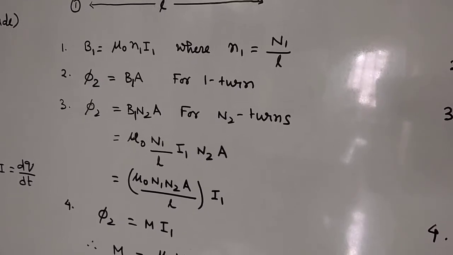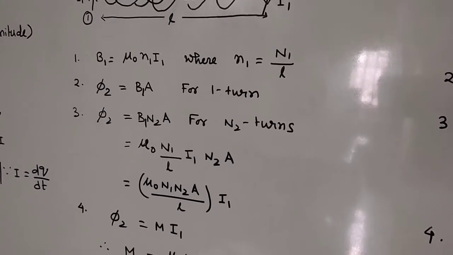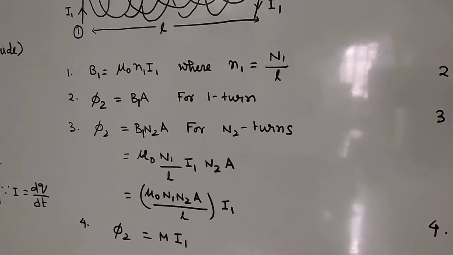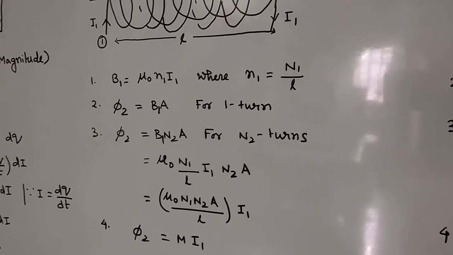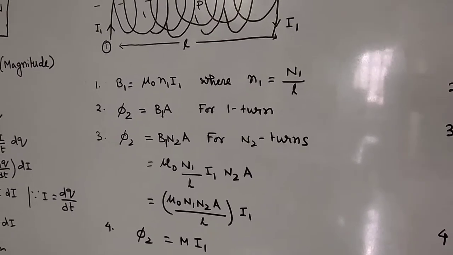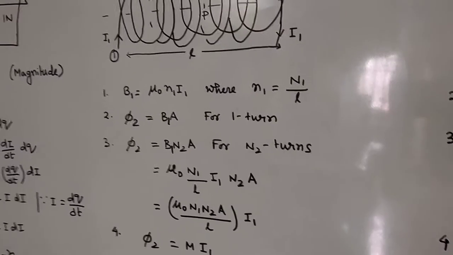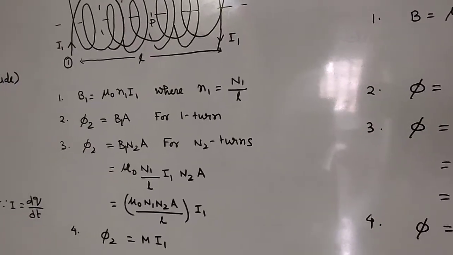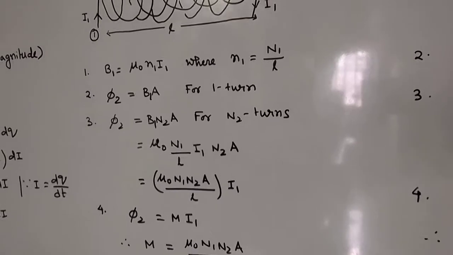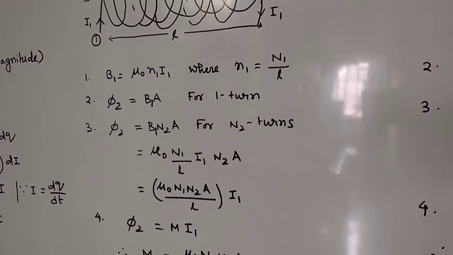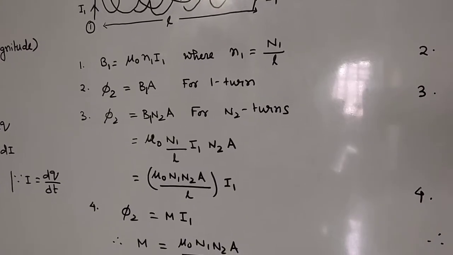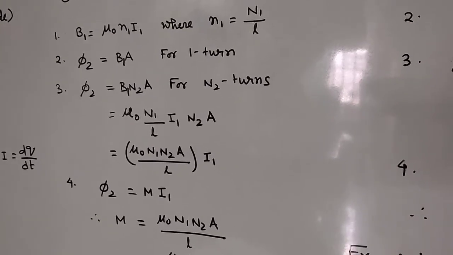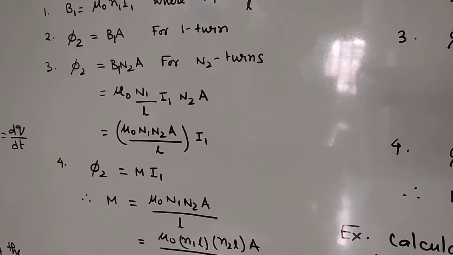But mutual inductance is defined as the flux phi 2, that is flux due to the current I1 in solenoid 1 to solenoid 2. Current I1 is flowing in solenoid 1, but we are interested in defining the flux in solenoid 2. That's why we have to use phi 2 equal to M I1, and M is your coefficient of mutual inductance. So if you compare 3 and 4, it comes out to be M equal to mu naught N1 N2